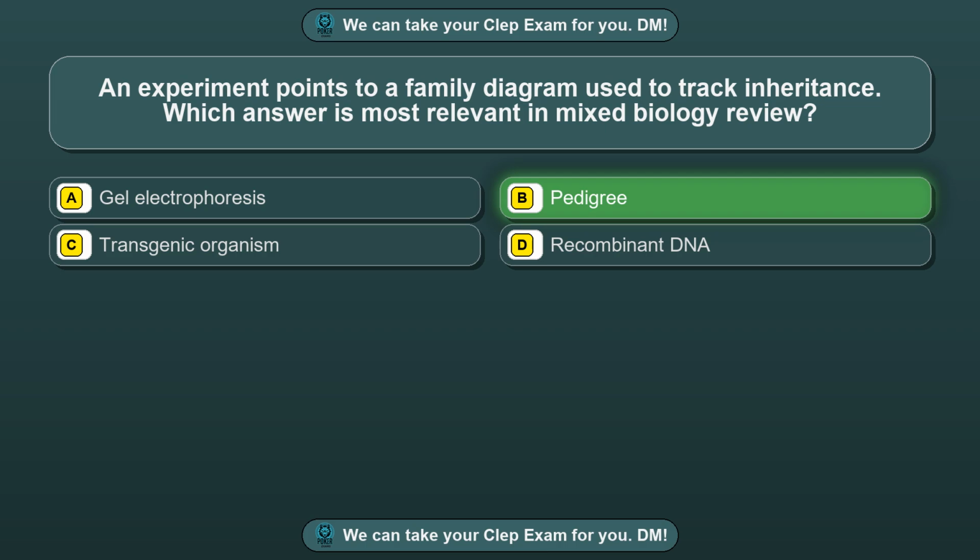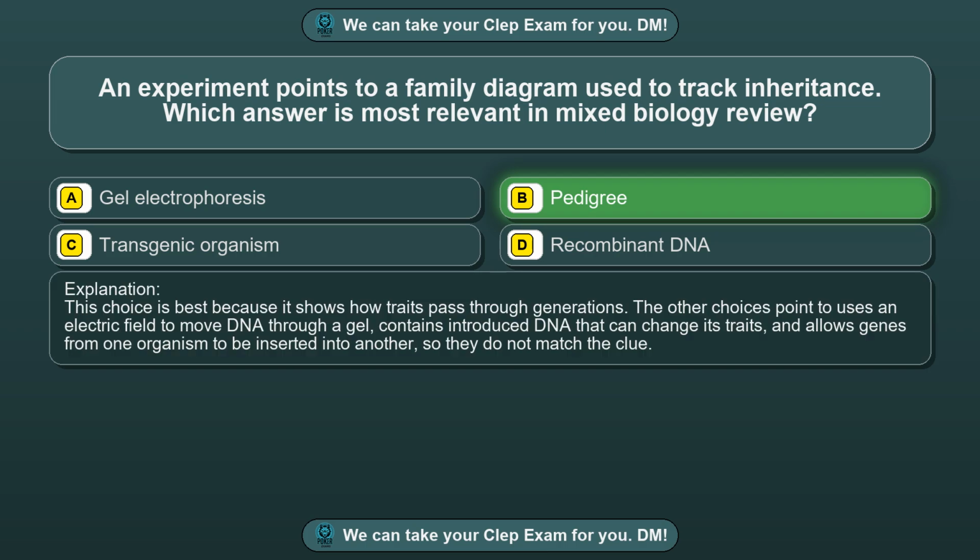Pedigree. This choice is best because it shows how traits pass through generations. The other choices point to uses an electric field to move DNA through a gel, contains introduced DNA that can change its traits, and allows genes from one organism to be inserted into another, so they do not match the